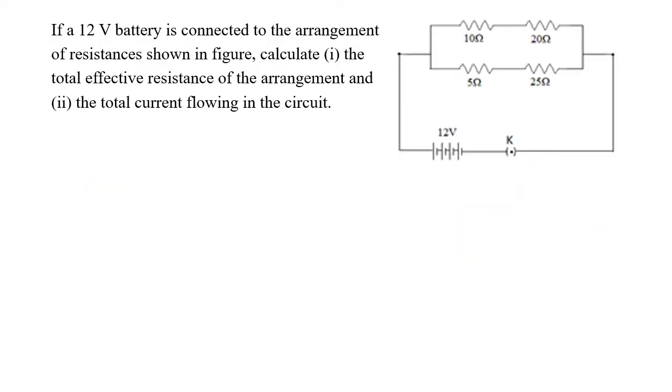In the next numerical we have a 12 volt battery connected as in the arrangement shown in the figure. Now what is the arrangement you see? This is the positive side, this is the negative side. Now there is one path for the current to flow, so these two are in series. In the same way these two are in series. So the series on the top is 10 plus 20 equal to 30 ohm, and in the same way the resistance below, these two are in series. So the equivalent resistance is 5 plus 25, that is 30 ohm. So here the equivalent resistance is 30 ohm, here it is 30 ohm.